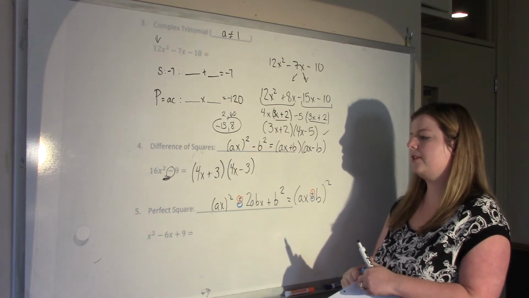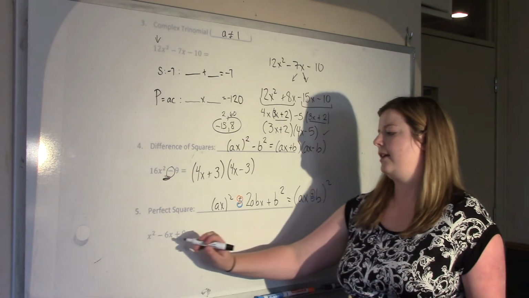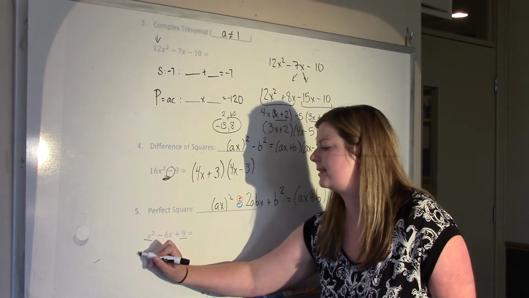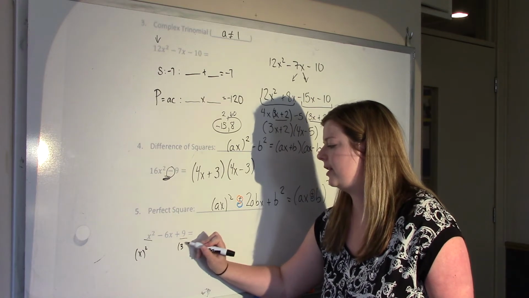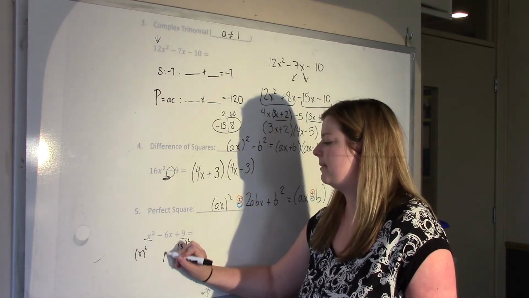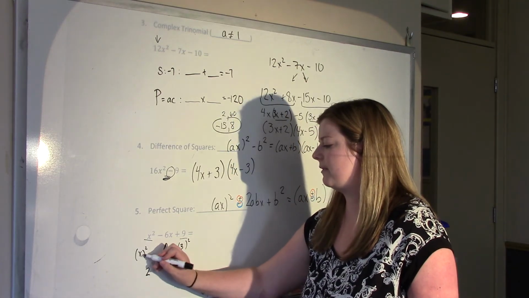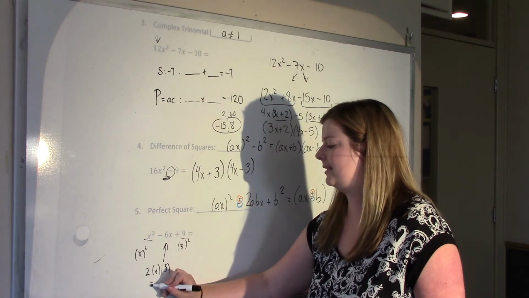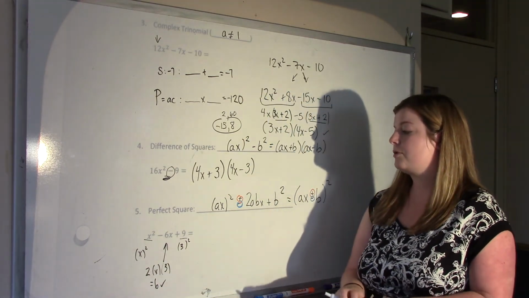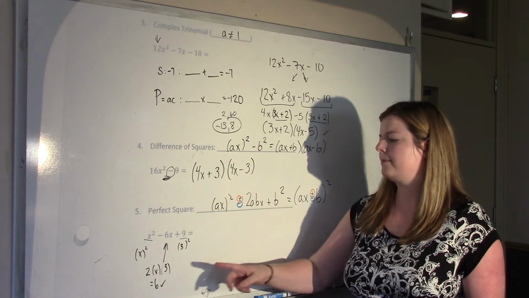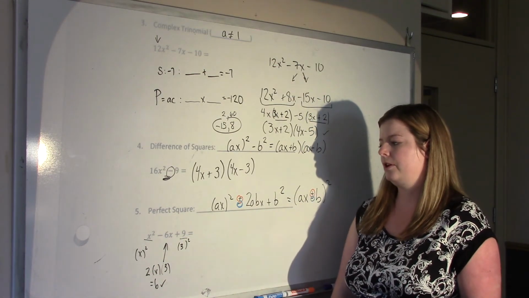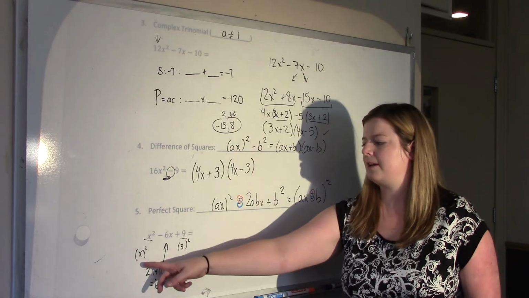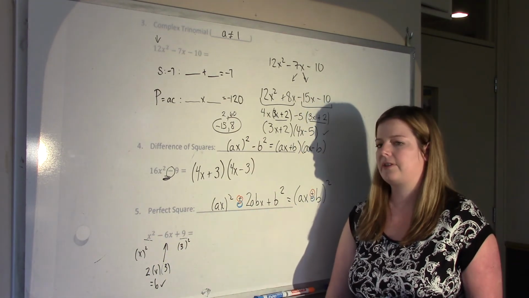Okay, so you check for a perfect square, first of all, by seeing this is something squared, and this is something squared. So this is x squared, this is 3 squared, and then this middle thing is 2 times whatever this is, x, and whatever this is, 3. So 6. Okay? So the middle term has to be 2 times this square root times this square root. So 2 times the first square root times the last square root. So 2 times x times 3 is 6,